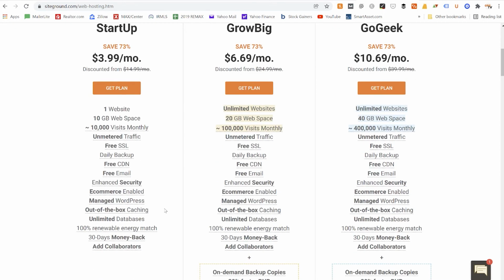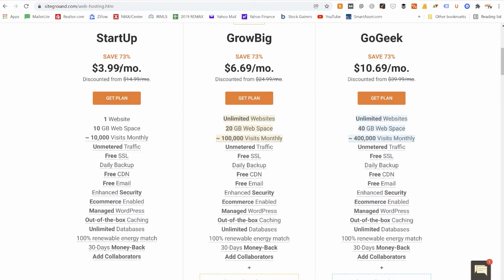If you have one website, that would be the time that you might want to buy just the $4.99 or the $3.99, so $4 a month for this plan. But if you plan to have multiple websites, then you would want to upgrade to the unlimited website plan for $6.69 a month. So it's not a big price jump. Now, when your hosting renews, you're going to be paying a difference between the $15 a month and the $25 a month. So an extra $10 a month, so an extra $120 a year. You're going to be paying for the Grow Big plan compared to the startup plan when it comes time to